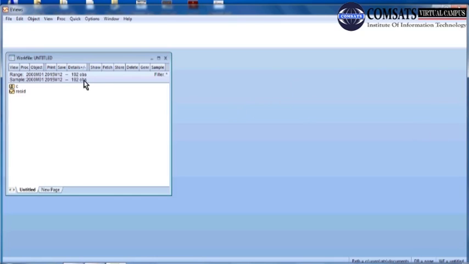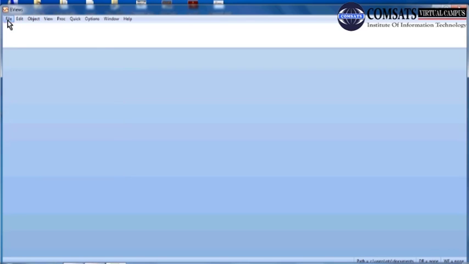So it includes 192 observations. So this is how the monthly data file can be generated. The other things are as usual, so we will not spend much time on it.